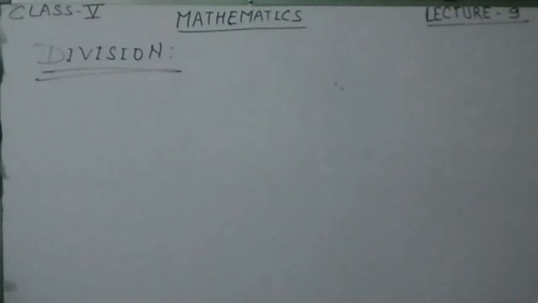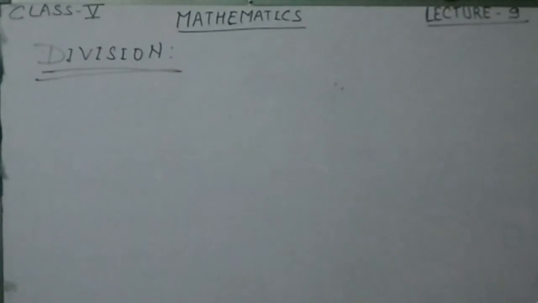Students, I told you about the multiplication. Now what is division? Do you know about the division? In mathematics, the word division means the operation which is opposite of multiplication. In simple words, you can say division is opposite of the multiplication, or division is splitting into equal parts or groups. It is the result of fair sharing.